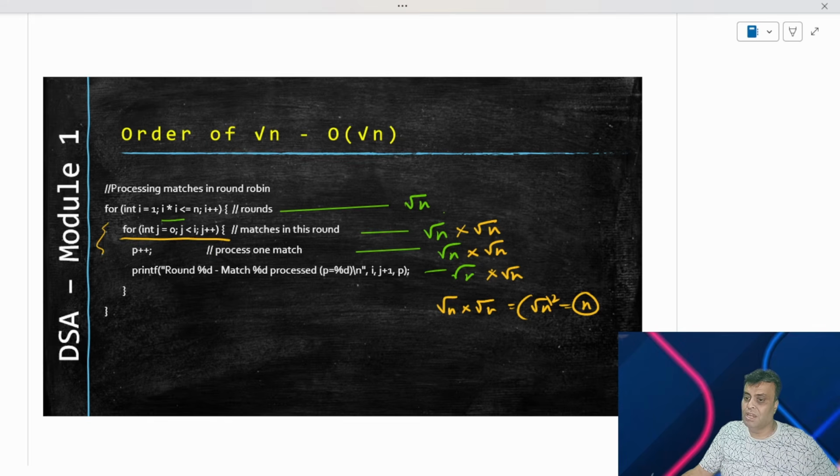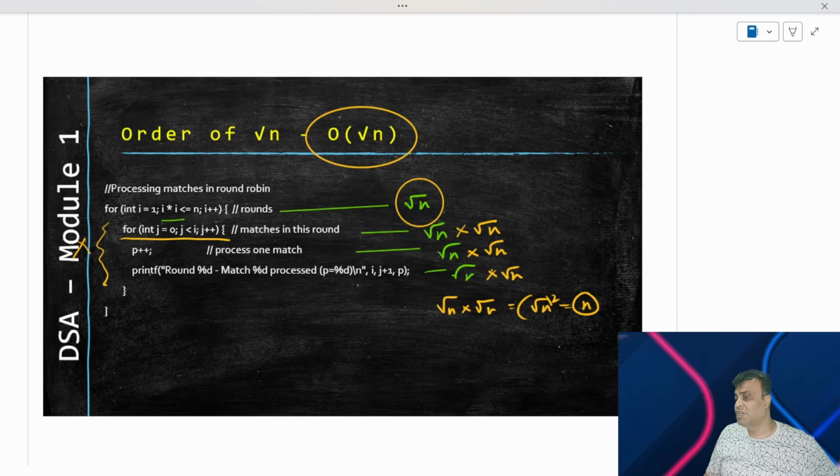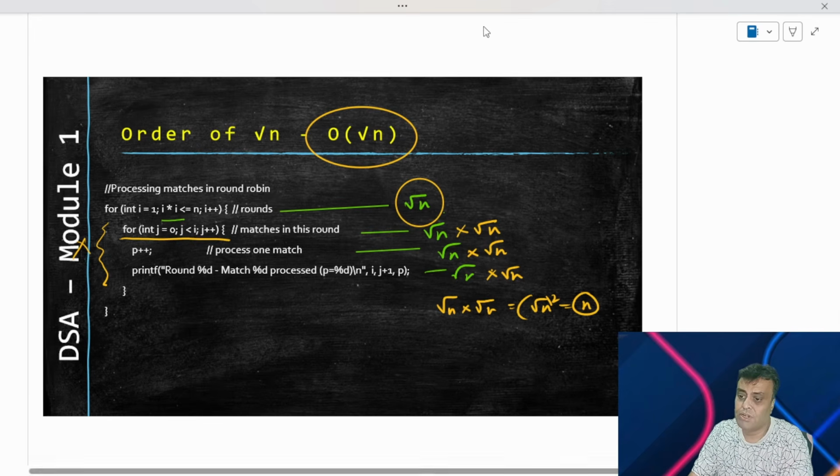So in case this particular loop was not there, then we would have established ourselves with a time complexity of root n, right? In the current state of the problem, we are actually hitting a time complexity of n. So that is how anything can happen in terms of time complexity, in terms of the combination of statements, of programs, of algorithms, which can help you to go to a complexity class, which we have already discussed.